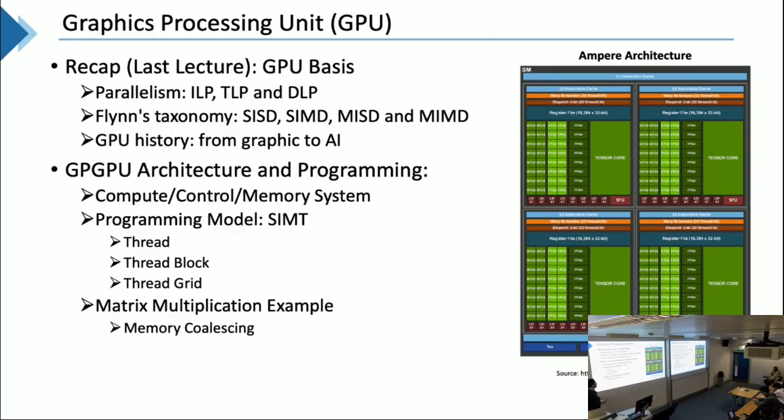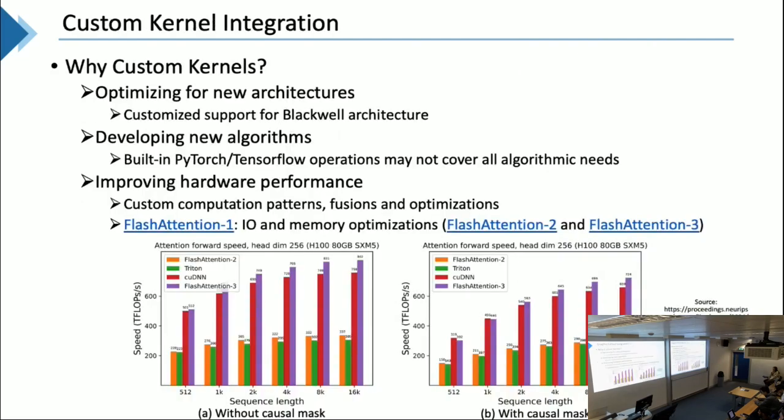So this is what we covered, and at the end of lecture last week, we also introduced an example, matrix multiplication, where we applied some GPU optimization, like memory coalescing, to improve the memory access efficiency. So this is what we have covered last week, and starting this week, we will start to teach you